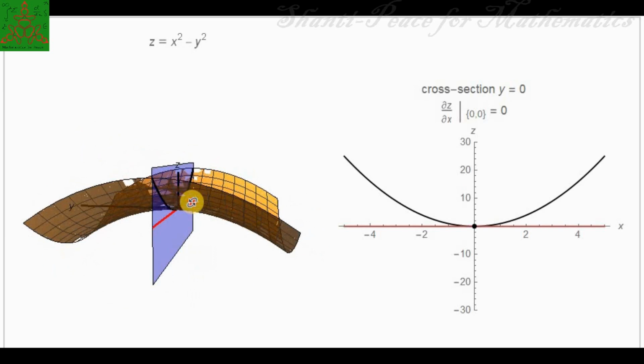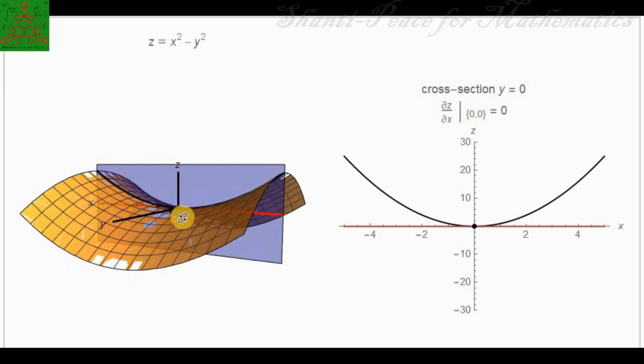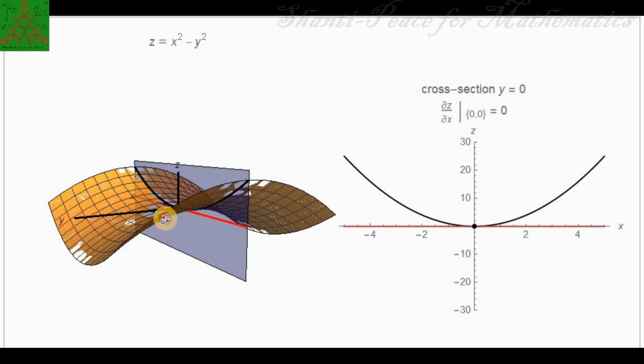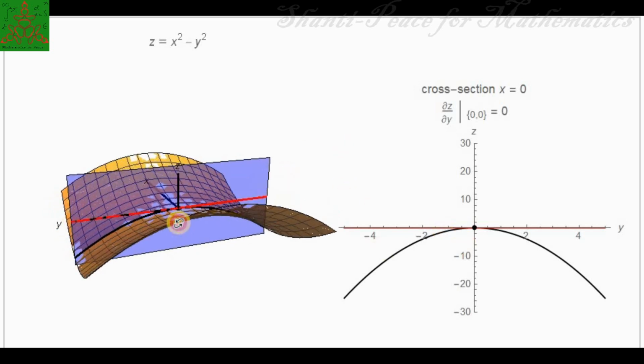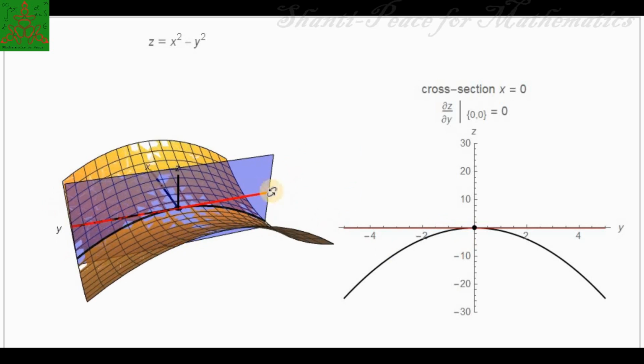The geometrical interpretation of the partial derivative with respect to x gives you the instantaneous rate of change of z in the x direction. In the same way, in the y direction you will have that plane, and its intersection with the surface is this curve. If you want to find the rate of change of z in the y direction, then you have to calculate del z by del y. This idea we have already discussed in one of the previous videos.